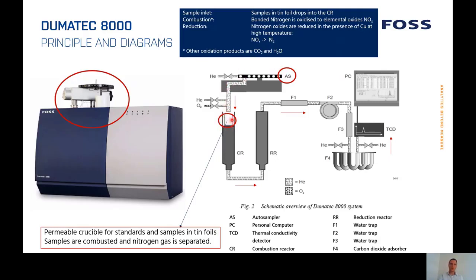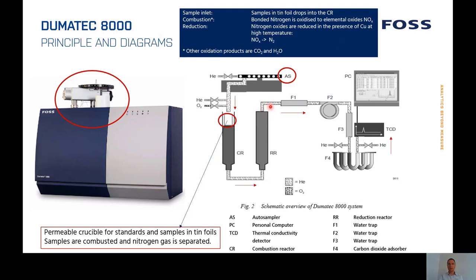And here, this is the crucible that contains the sample that will drop down here, and the oxygen and helium is supplied to this, and then the sample will be combusted here, and the gases will be released at around 1000 degrees. All the gases will then be transferred through the combustion reaction, going in here and to the reduction column that contains copper. So that will reduce the NOx